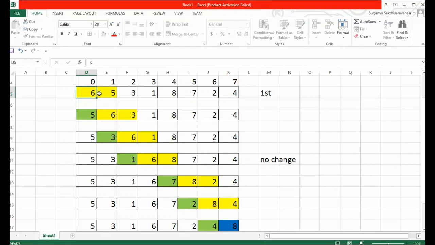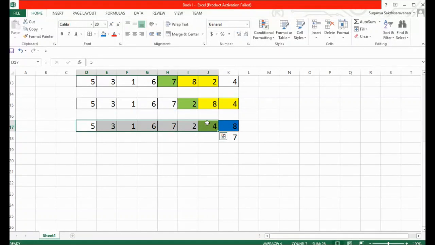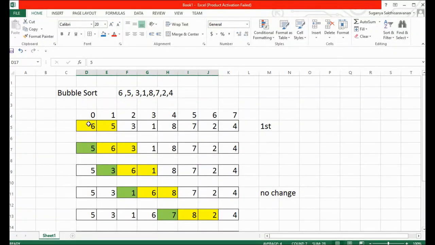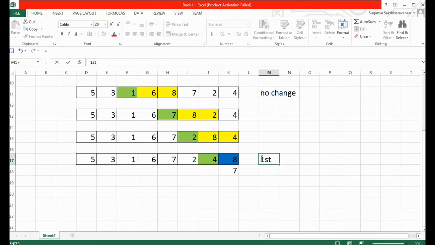You can notice that this is the original array. I'm taking the first two elements. If the first element is greater than the second element, bring it to the next position. Again the next two elements, again the next two elements. In this way, you keep on doing the swap operation. So at the end of this operation, when you're coming out, you can find that the largest value of your array will be sorted. This is the end result of your first complete iteration.